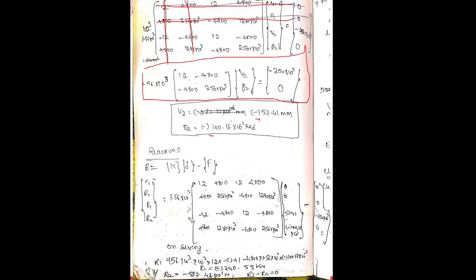Node 1. So R1 with respect to V1. There are 4 nodal displacements, therefore you will get 4 reactions: R1, R2, R3, R4. R1 and R2 will be there, whereas R3, R4 become 0. Now you know the K value, delta value and F value. So substitute those matrix values, and let me know the answers R1, R2.